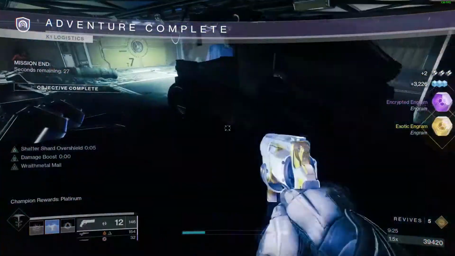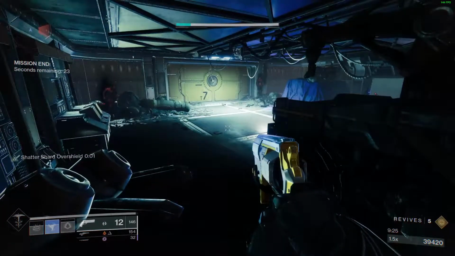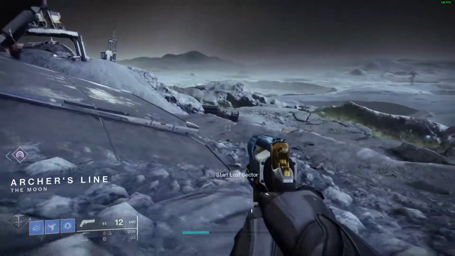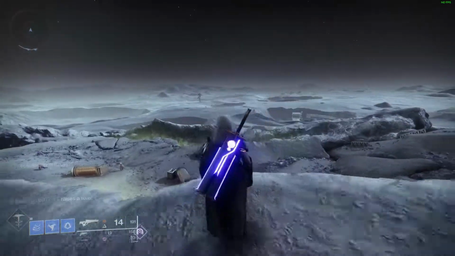So earlier I said fill your engram slots if you're looking for, say, Star Eater scales, and what you can do is take that engram back to the tower, and once you decrypt it, it will drop an exotic you didn't have. So good luck with your RNG,